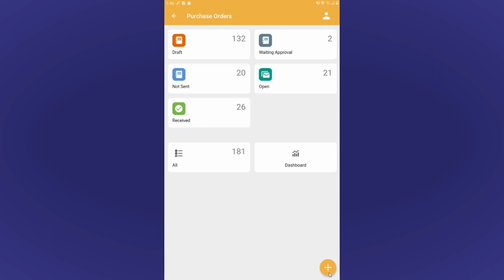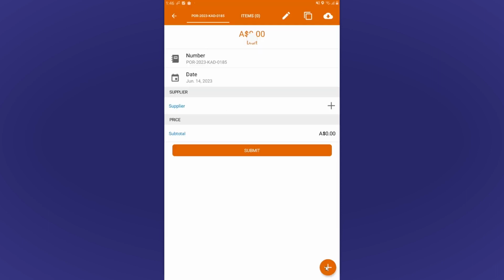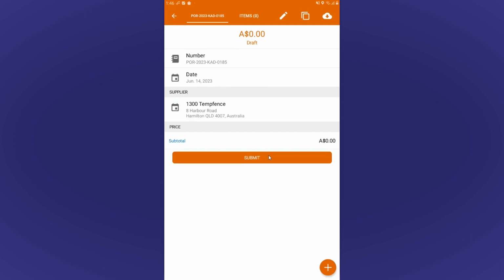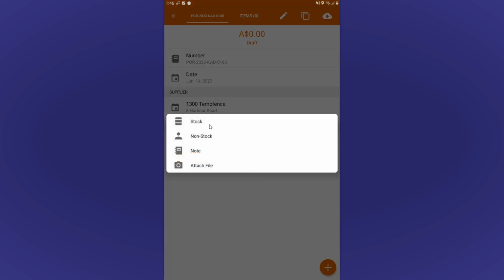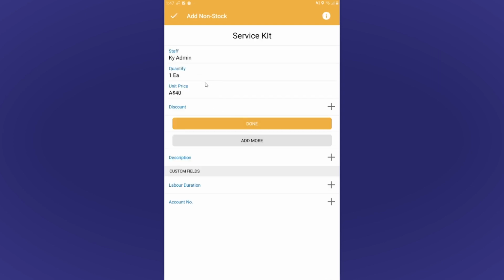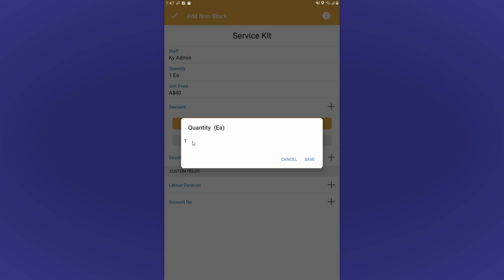To create a new purchase order, it's just the plus, as always with all of our modules on mobile. You'll select what supplier the purchase order is raised for. So I'll just say 1300 temp fence. And then the plus at the bottom will allow me to add stock, non-stock, or notes and attachments. So if I select non-stock, I'll be able to select the category in which the product is under. I'll just go drilling, and then a service kit, which will then allow me to update the quantity of how many is required, as well as the unit price